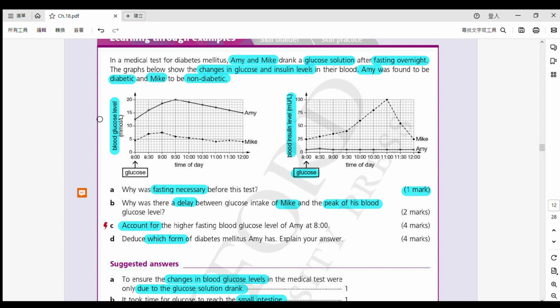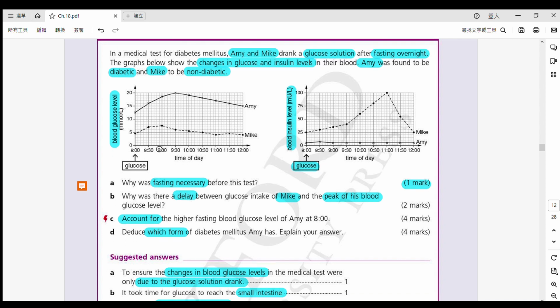唔係想證明佢凌晨嗰陣時2點鐘食咗杯麵。Okay, so the thing is, it's trying to tell you that the difference in blood glucose level, 佢哋出現嗰個嘅差異啦，關於個嘅 blood glucose level is because 呢個 glucose solution 嘅。They drink at 8 o'clock. Okay, only this one. 好啦 the next part 咁就會問咯，所以啦 why is there a delay? So this one we've practiced this question in earlier videos. Okay, 點解會有一個 delay？ 點解會有一個延遲出現咗咧？After Mike, so when we focus on Mike, 我哋會睇睇 Mike 呢個位啦。So why is there a delay between